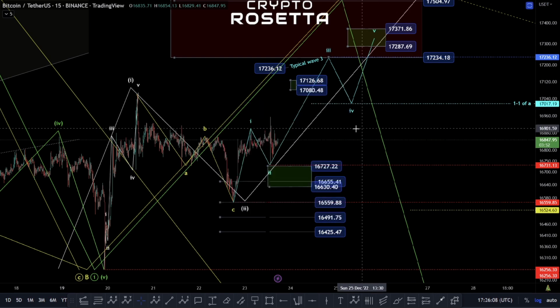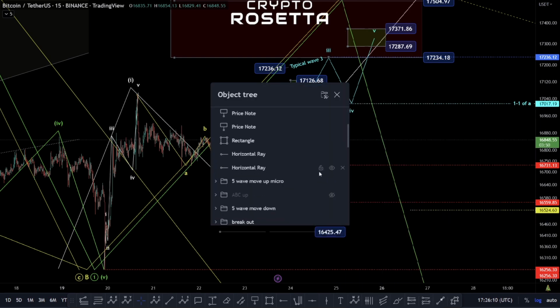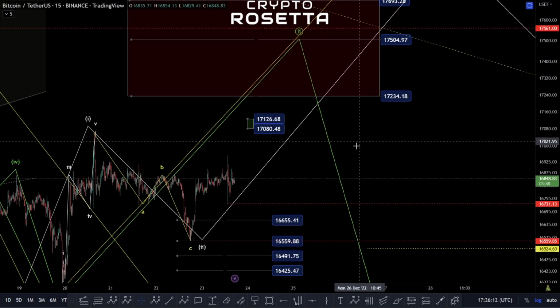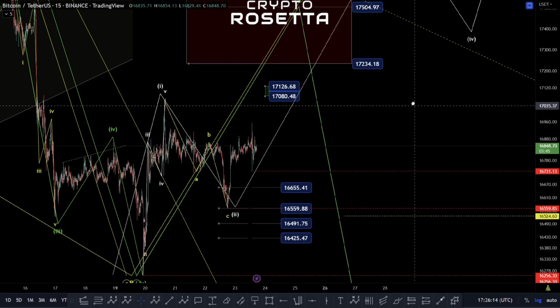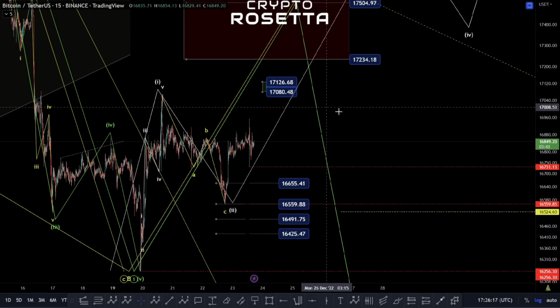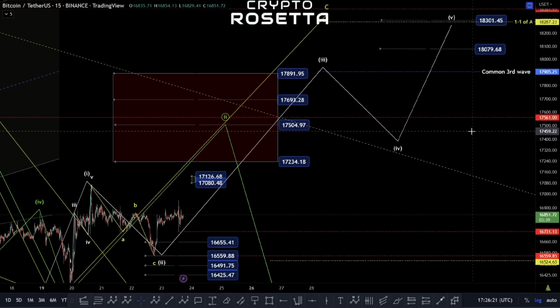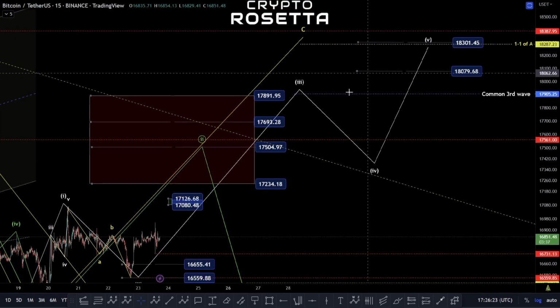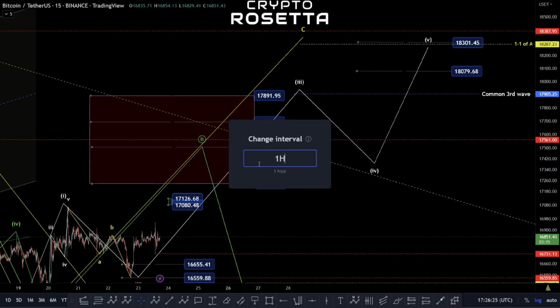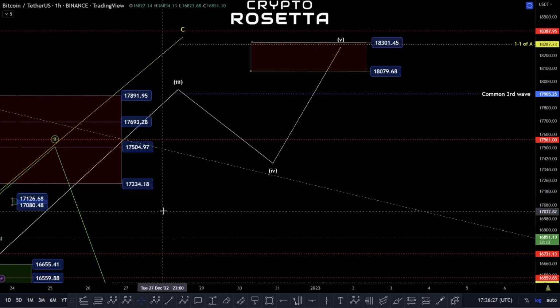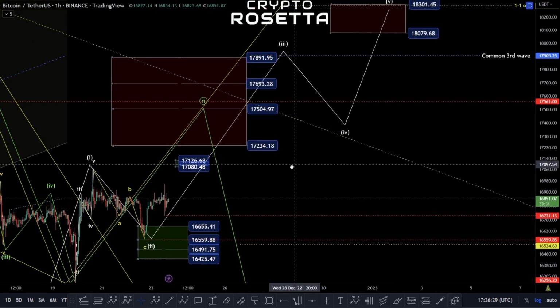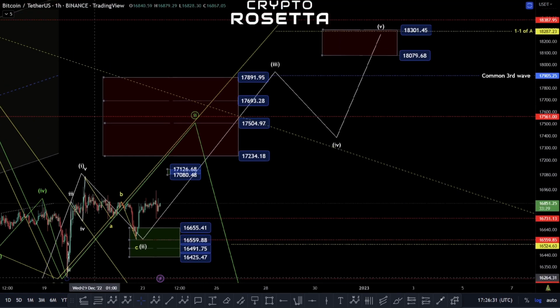Actually, let me do it this way. If I get this one on, remove these. There we go. So this is what we're looking for, the potential of having a bigger 5-wave move to the upside here, though it's not very likely in my opinion. We could be looking to have a move up like this. If I go back onto the hourly, it'll actually show all the price points. There we go. So this could potentially develop as a bigger 5-wave move here,